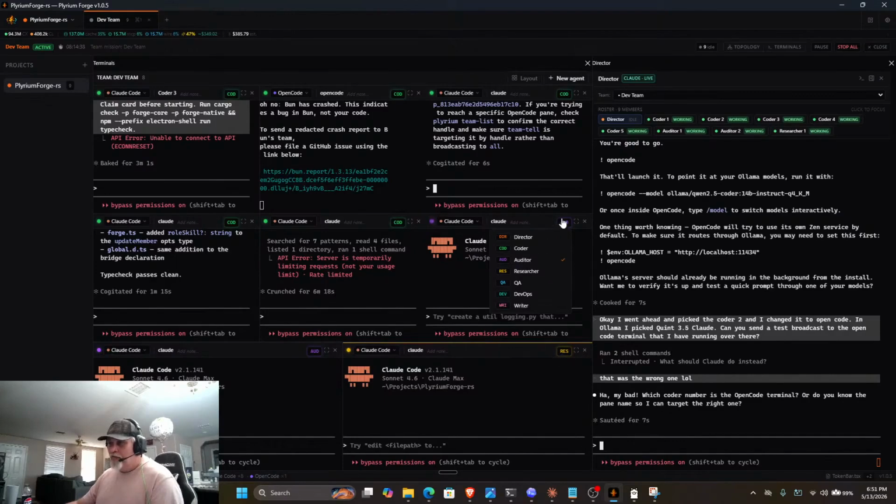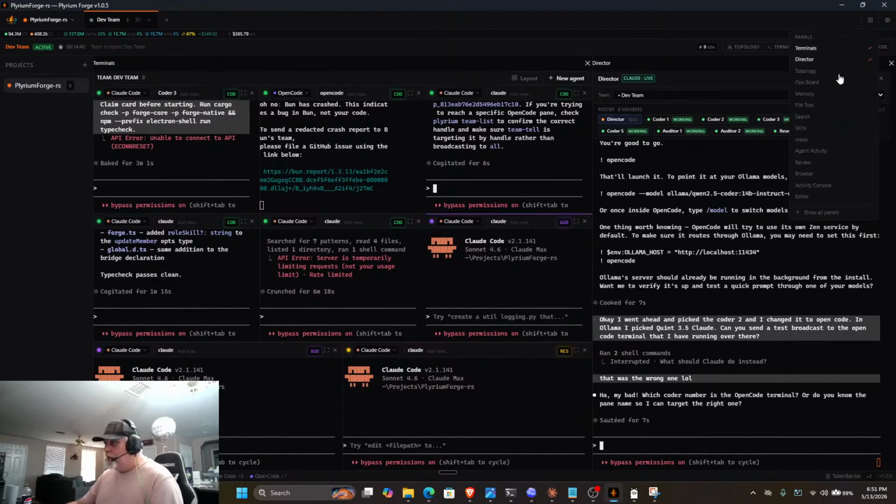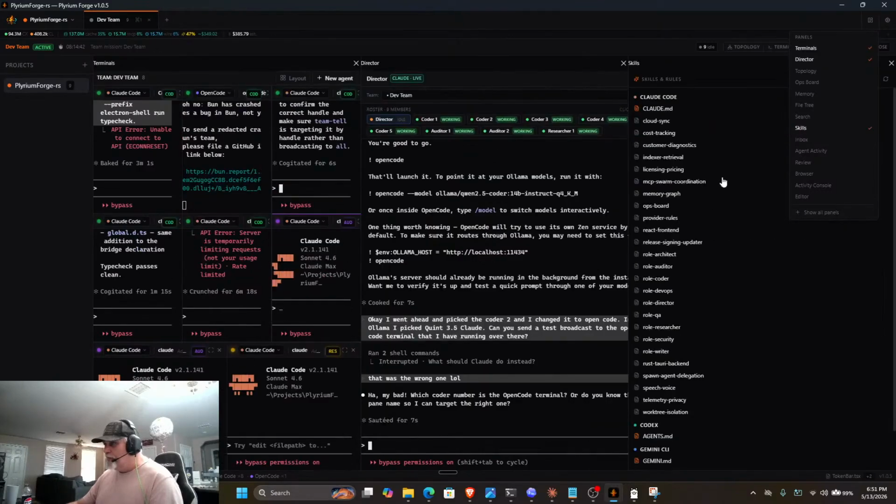You can change them if you want a QA, a dev, a writer. And even if those aren't good enough, you come over here and go to your skills, and you could choose. These are not pulled off the internet. These are handwritten, so none of these have any of those bad injections. So be careful with that if you do download them. But these are all handwritten for different roles.